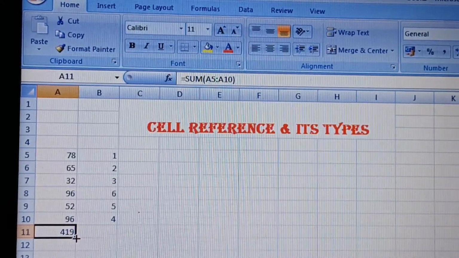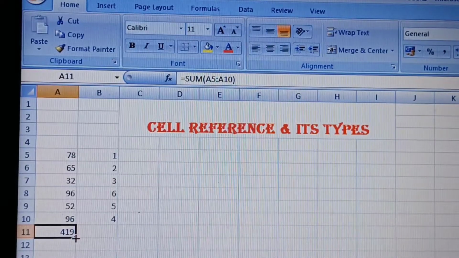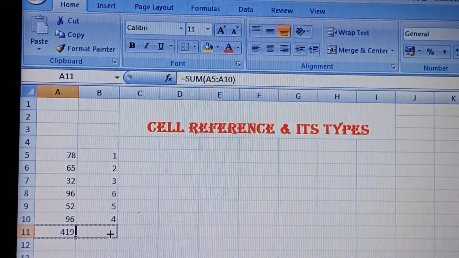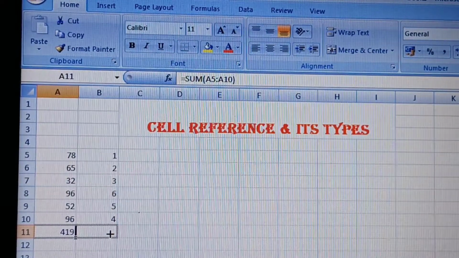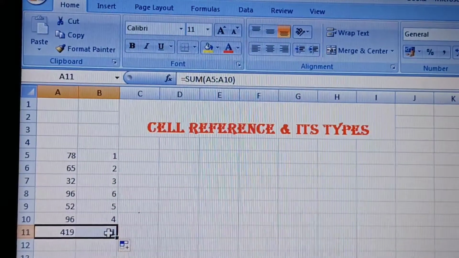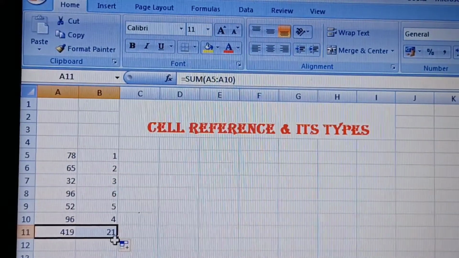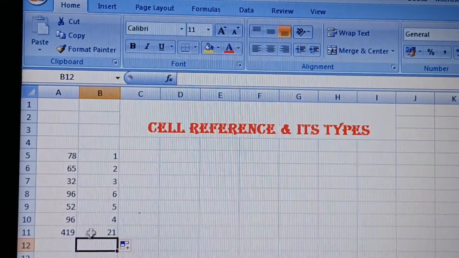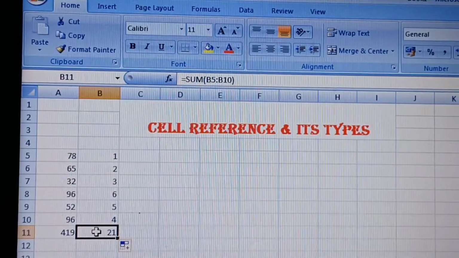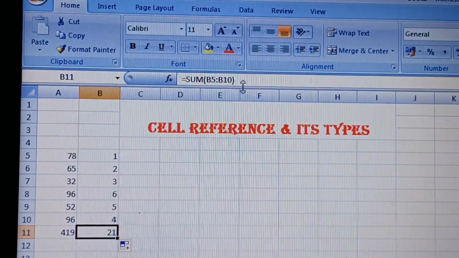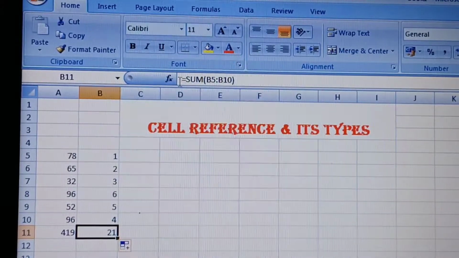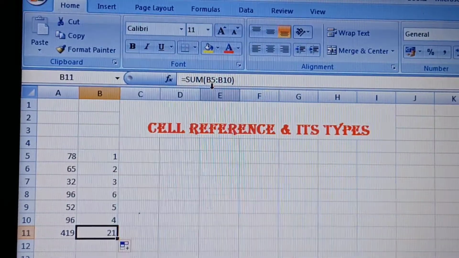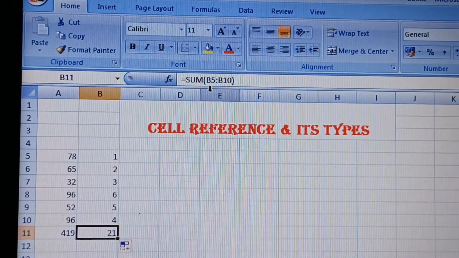So what we have to do, we just drag this to the next cell, where you want the same formula, we just drag it and release it. Okay, so you can see here the sum is 21. The same formula can be copied. Move the cursor onto this 21 and check the formula bar. Here is the formula, equals SUM. Now it changed the value, meaning the address. It just changes the address automatically.